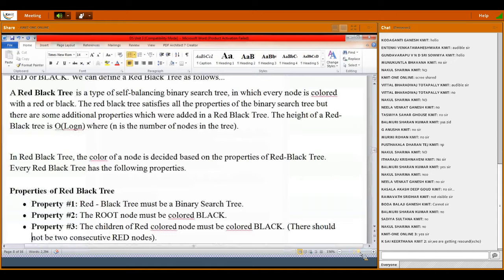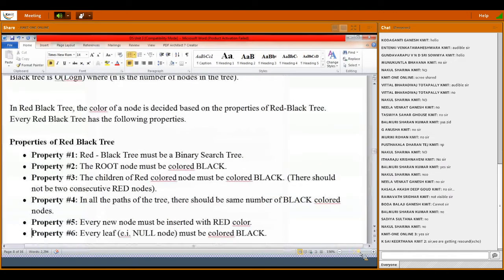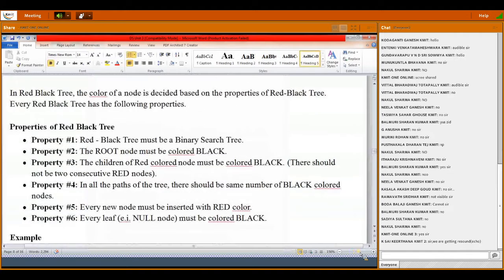The first one is that a red black tree must be a BST. So first you should have an idea of such trees, whatever the binary search tree properties are. Those properties are the same for a red black tree. As I said, red black tree is a variant of BST.